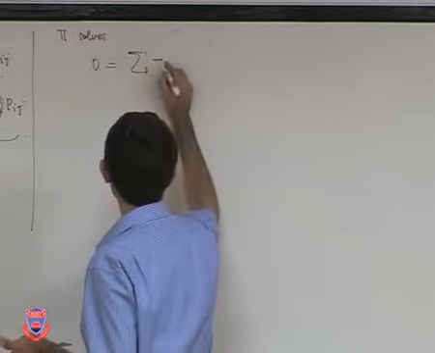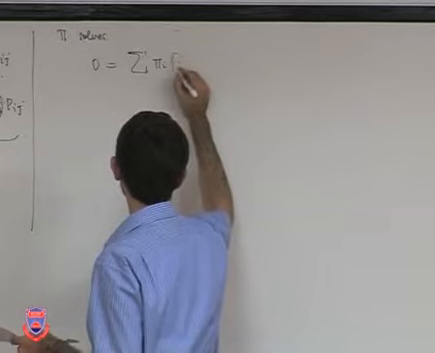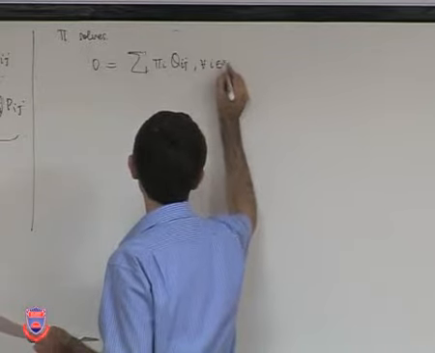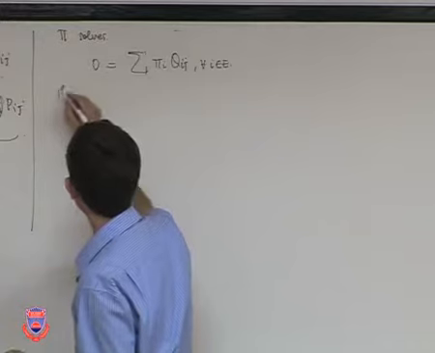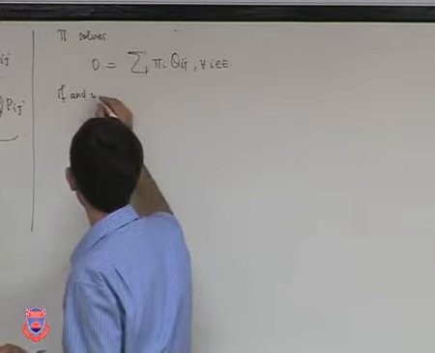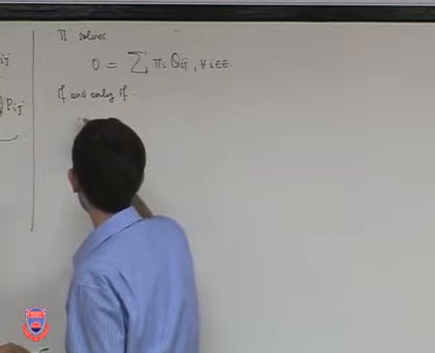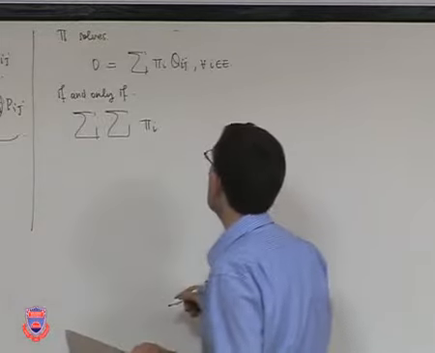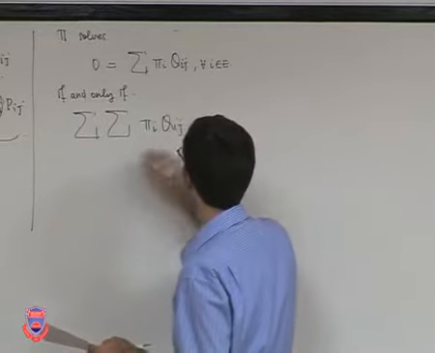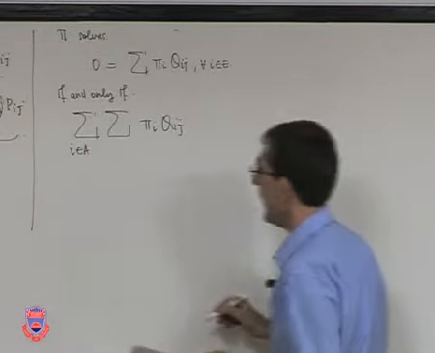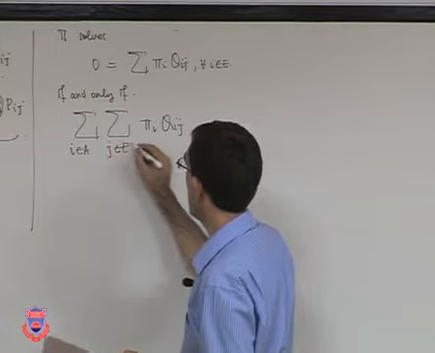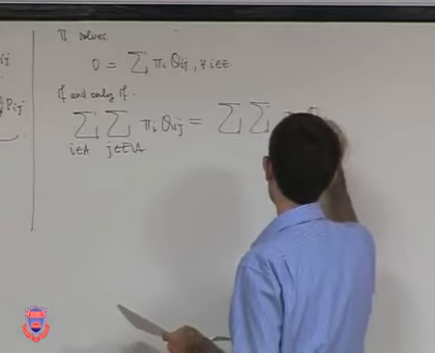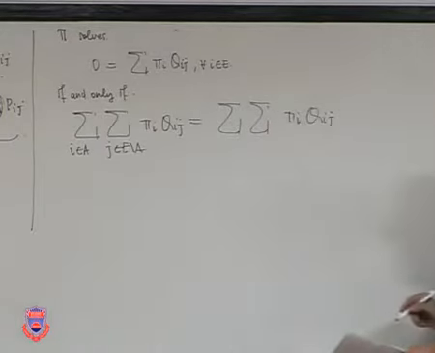So this is the sum of pi_i times Q_ij for every j in the state space, if and only if the sum of pi_i times Q_ij, i being in, let's say, set A, and j being in the complement of set A, equals the sum of the same product of the same quantities,